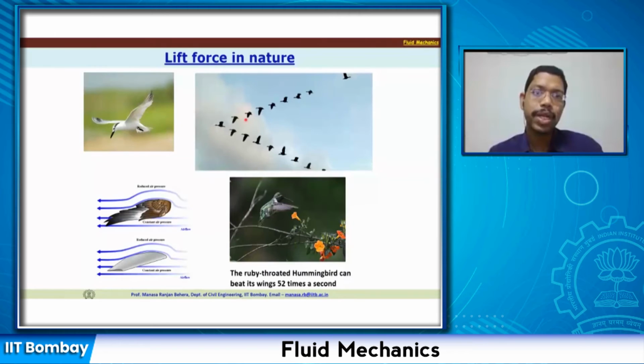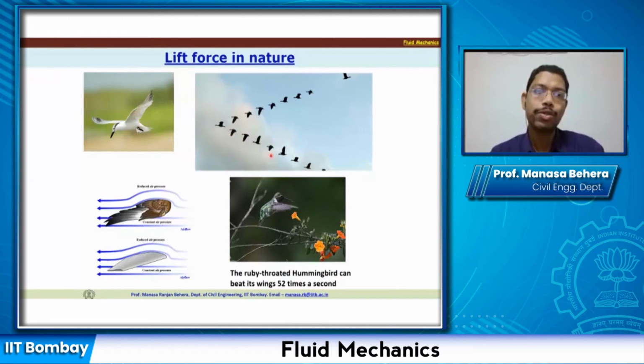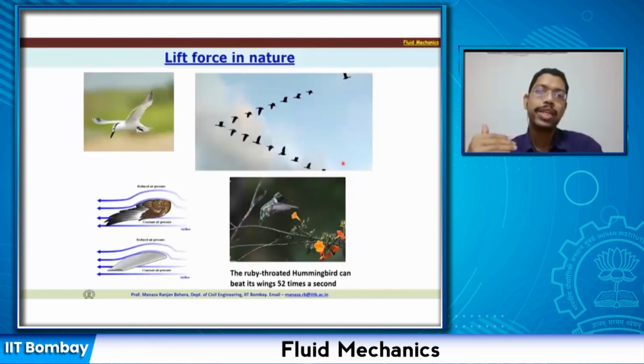The first bird that is flying is actually going to leave some trail behind, and that energy is captured or used by the following birds, and they fly together, and they keep changing this position so that all of them can equally distribute or share the load while flying. So there is a teamwork which happens, and all these things involve a lot of science. So we have learned from them.